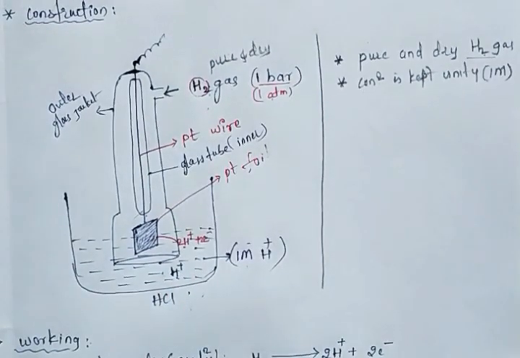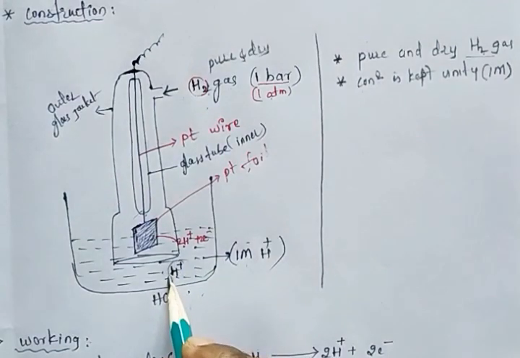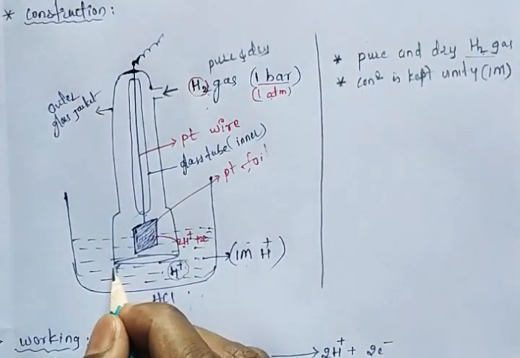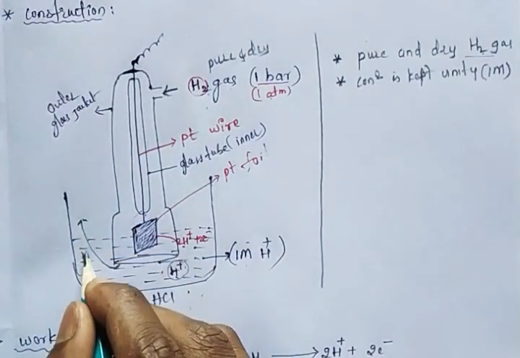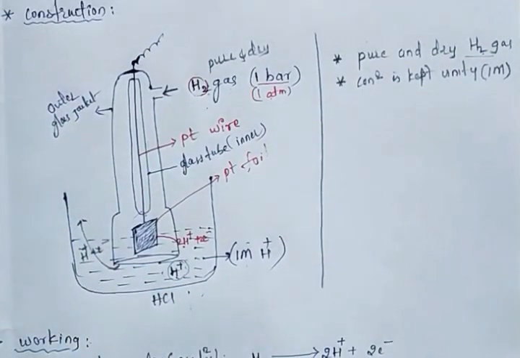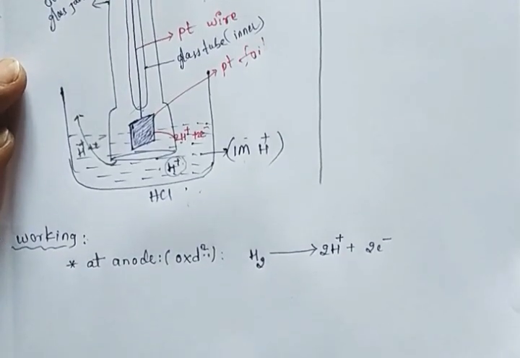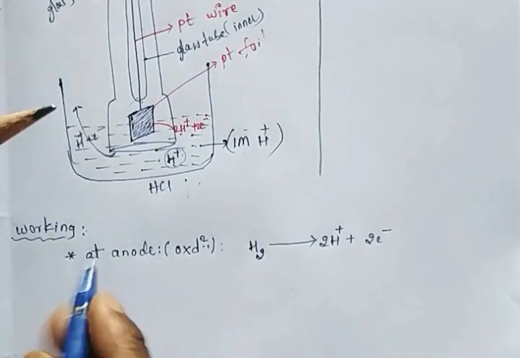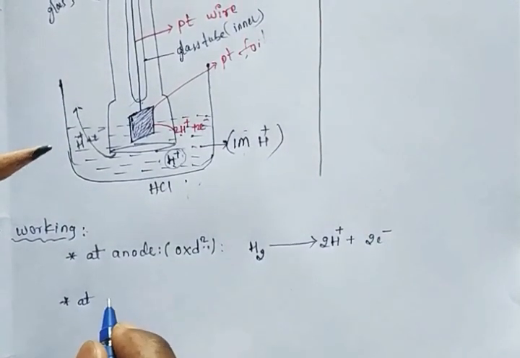Now the H+ ions present in the acid gain this electron, and hydrogen gas is liberated from this end. So here H+ plus electrons, it is again liberated. Equilibrium reactions हो गया यहाँ पर. तो similarly, if it is connected at the right hand side, that means it acts, how it works at cathode.